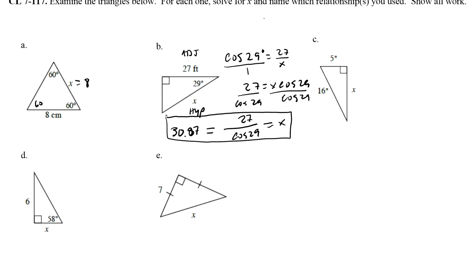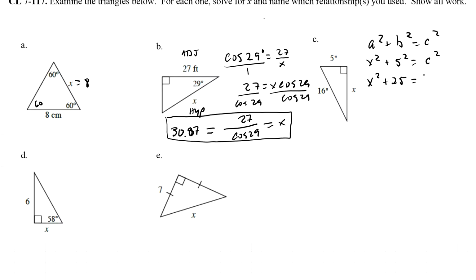Next problem, again, they're giving us some measurements. So they're telling us this is 5, this is 16, and we want to know what x is. So I would use the Pythagorean theorem. I would use a squared plus b squared equals c squared. And so you get x squared plus 5 squared equals c squared. And x squared plus 25